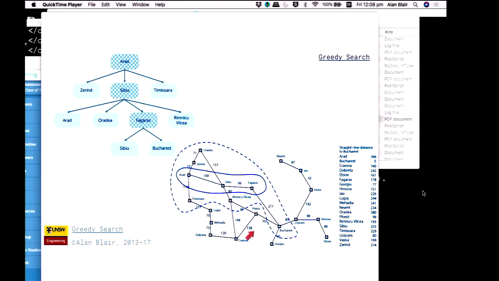So it'll explore 12 to the power 17 states, which is larger than the number of atoms in the universe. You think of this as an expanding balloon that's expanding out equally in all directions until randomly it bumps into the goal. Now, what these heuristic searches do is they guide the search and preferentially expand nodes that they think are closer